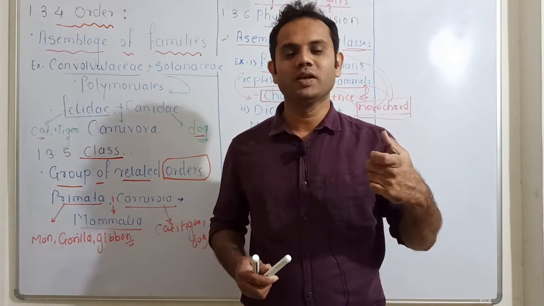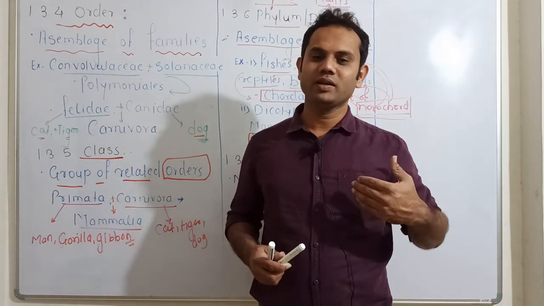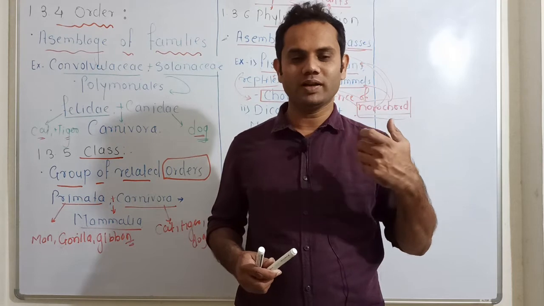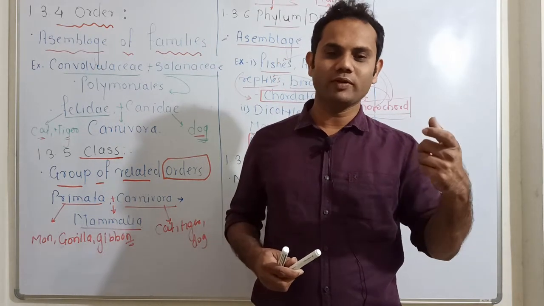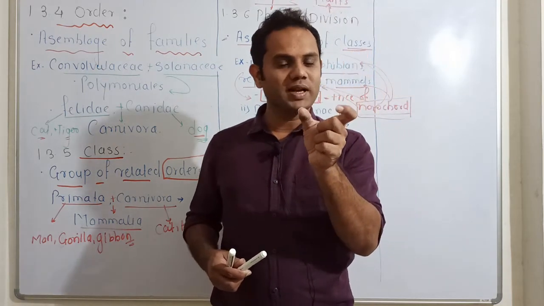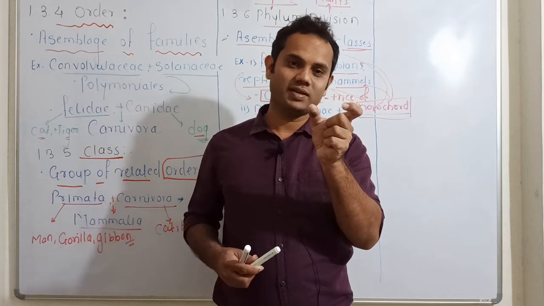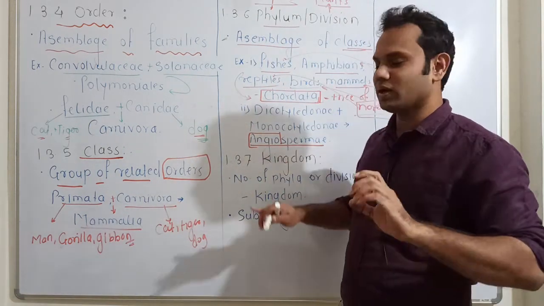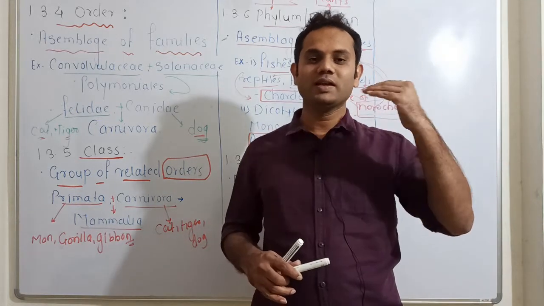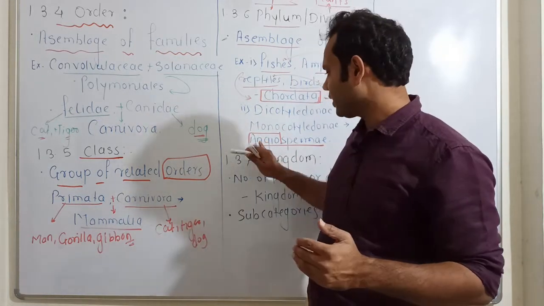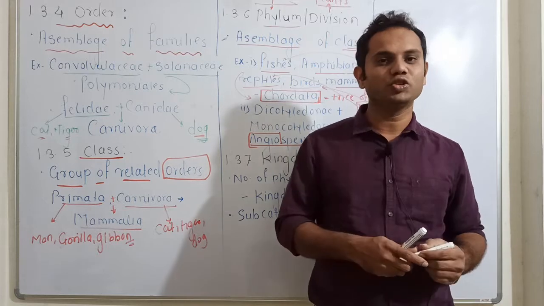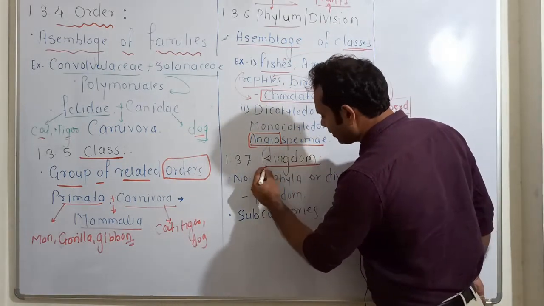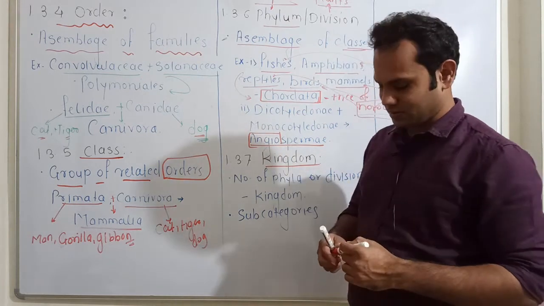Angiography and angioplasty are done in heart patients where the blood vessel blockage has been removed. So angio means what? Vessel. So angiosperms have vessels as a peculiar characteristic. So both dicot and monocot also have vessels in their xylem, and therefore they are grouped into the division angiosperms, or angiosperm.